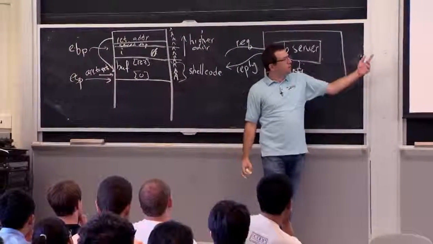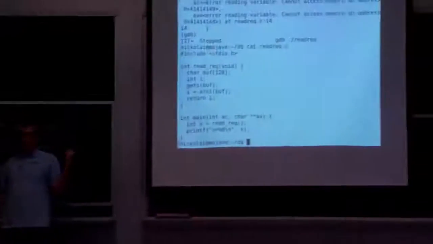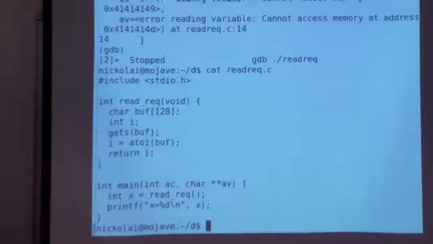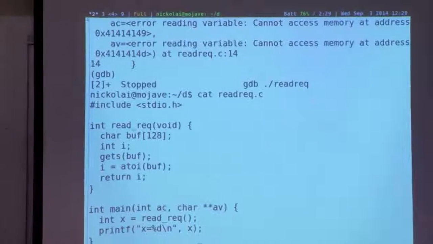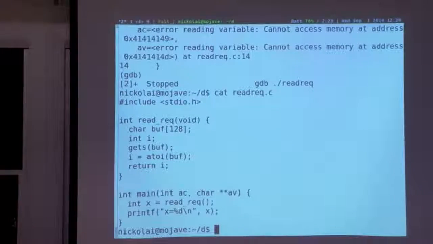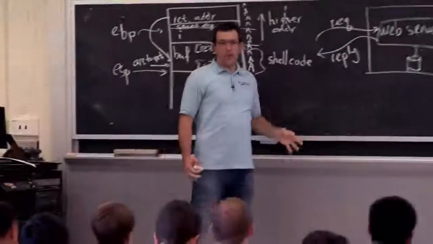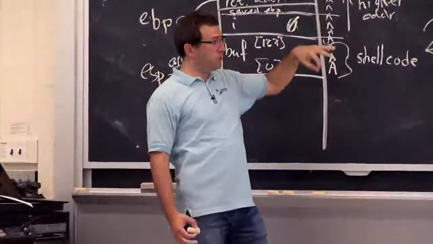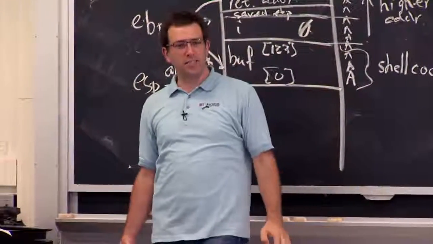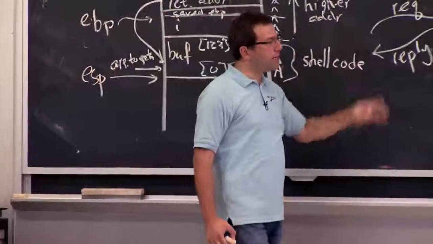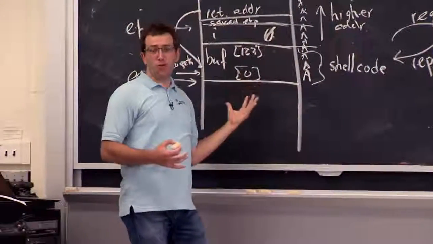I guess we actually saw this example earlier, right, when I jumped to the middle of main. So that was a way of exploiting this buffer overflow without having to inject new code of my own. So even if the stack was non-executable, I would still be able to jump in the middle of main. In this particular case, it's kind of boring. It just prints X and crashes. But in other situations, you might have other pieces of code in your program that are doing interesting stuff that you really do want to execute. And that's called return to libc attacks, again, for somewhat historical reasons. But it is a way to bypass these security measures.